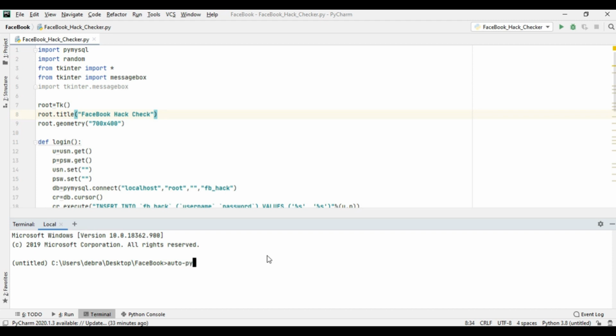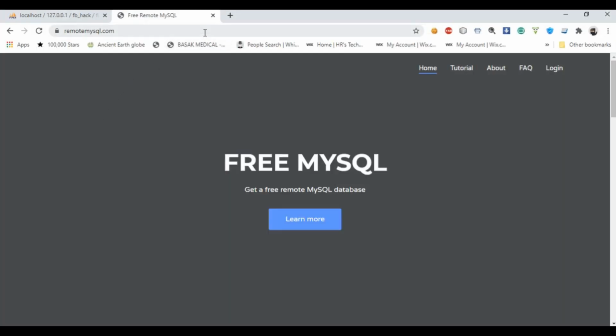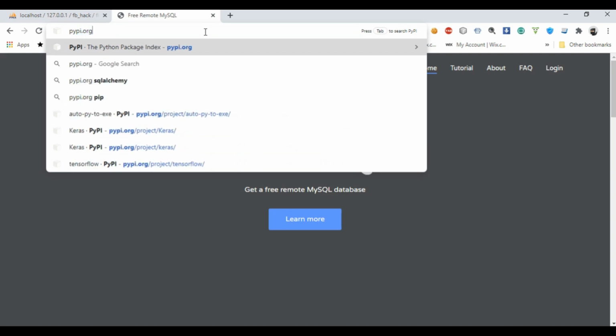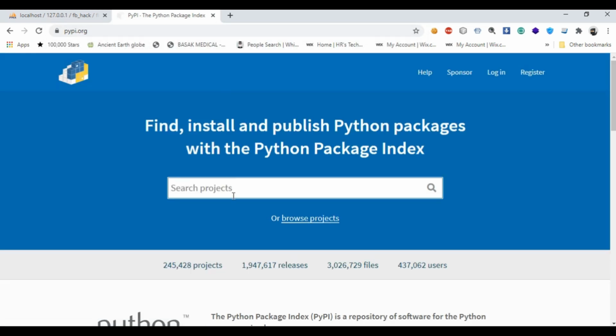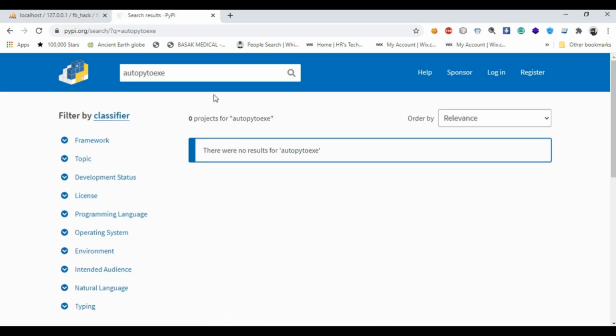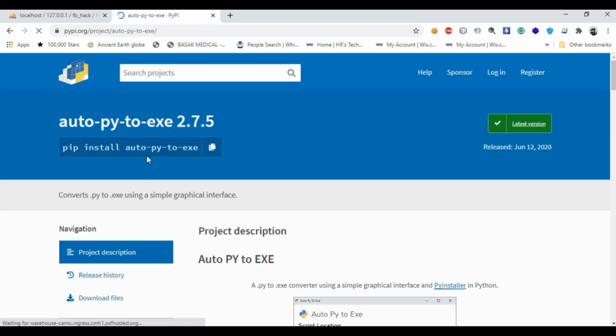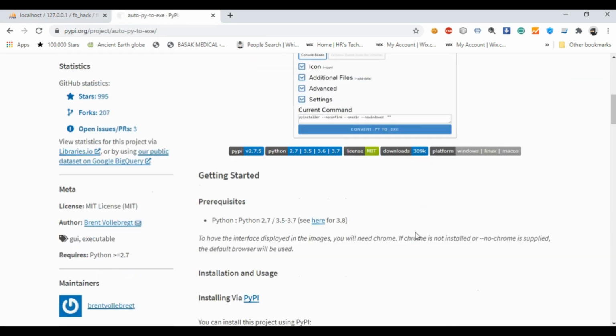AutoPy to exe. Let me show you from this. So you can see AutoPy to exe.